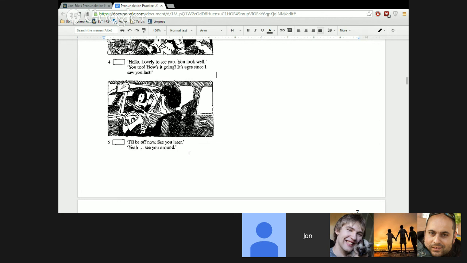In those two lines, let's go on to word stress for a second. Where are the stressed words? First of all, let's listen to the very first line the girl says. I'll be off now. Is there a word which is more stressed than the others, Quentin? Off. Exactly. So stress means stronger. I'll be off now. See you later. Where's the stress in see you later? Later. Exactly. So later, and probably the first syllable.